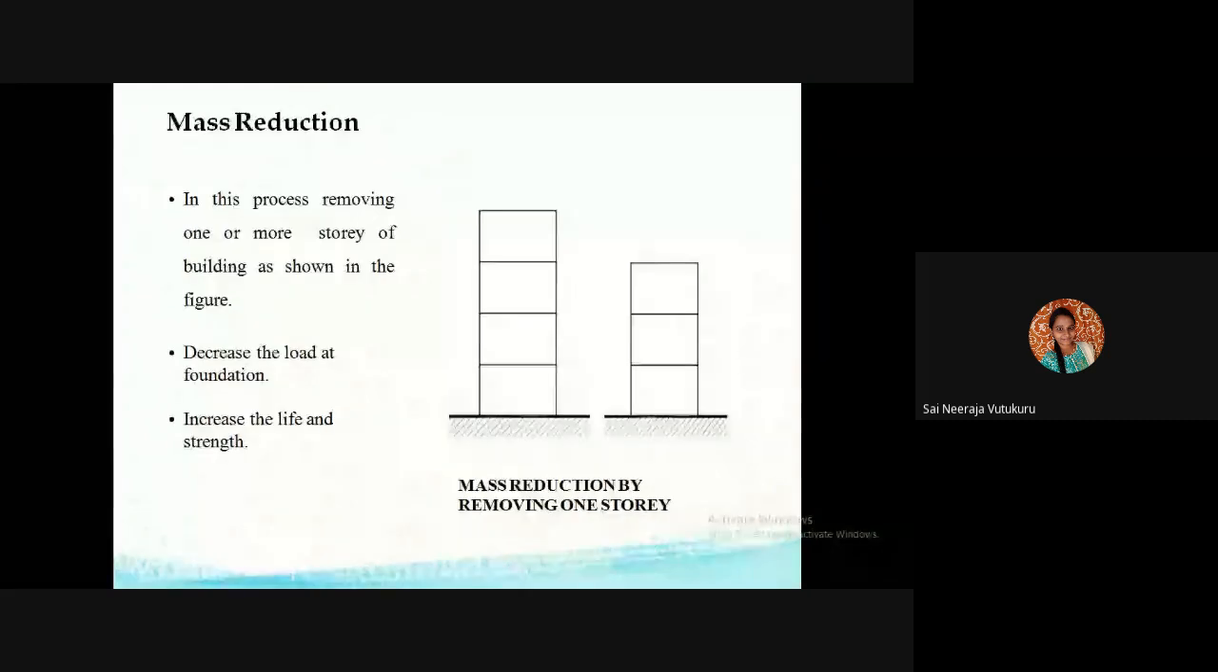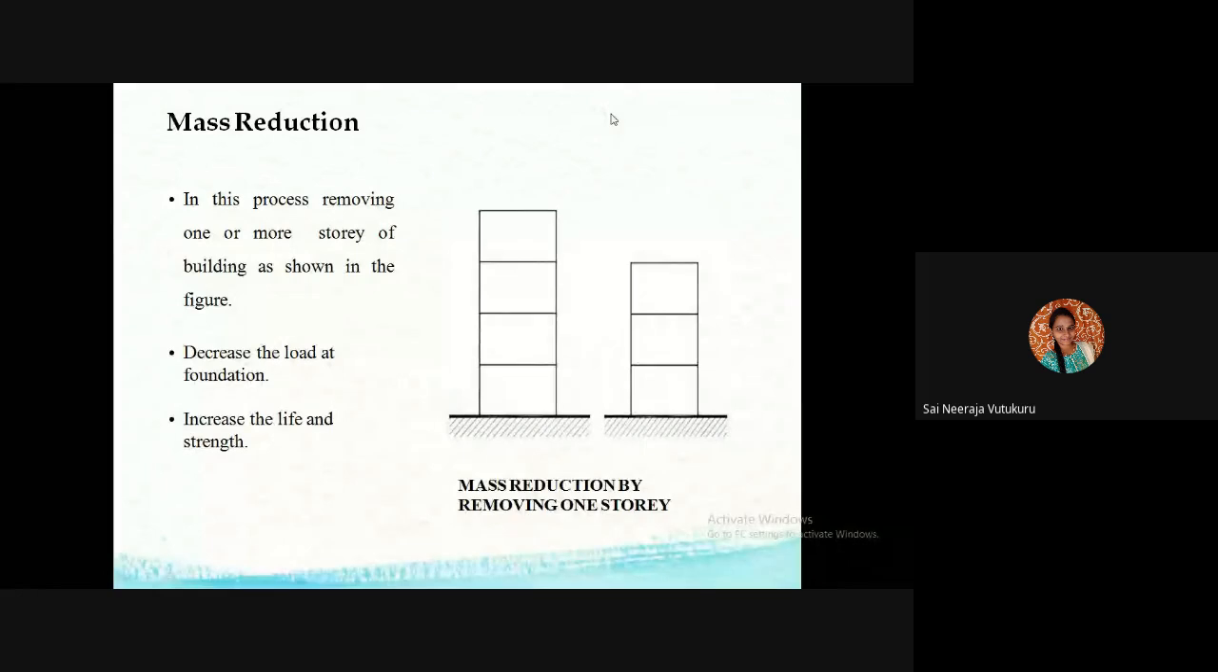And coming to mass reduction. Mass reduction means we are going to reduce the loading. For example, if you have G plus 3 here, by removing one of the floors, we can reduce the load onto the foundation. As the building height increases, it is going to be more affected by the earthquake loading. It's the normal thing we all know. Whenever the building height is more,